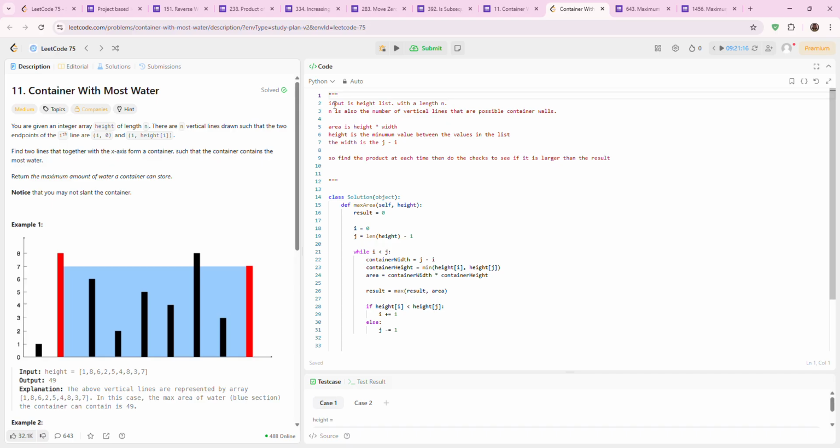Just first thinking about it, I was a little confused at first. I was like, well, what am I supposed to do? But I just break it down: it's asking me for the maximum amount of water a container can store. It's asking for the max area that I can get. And the container is rectangular, so area is height times width. What's the height in this situation? It's going to be